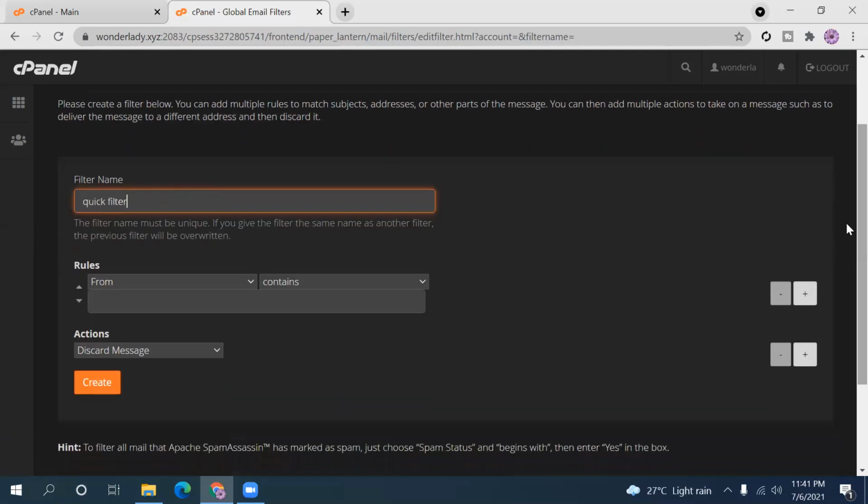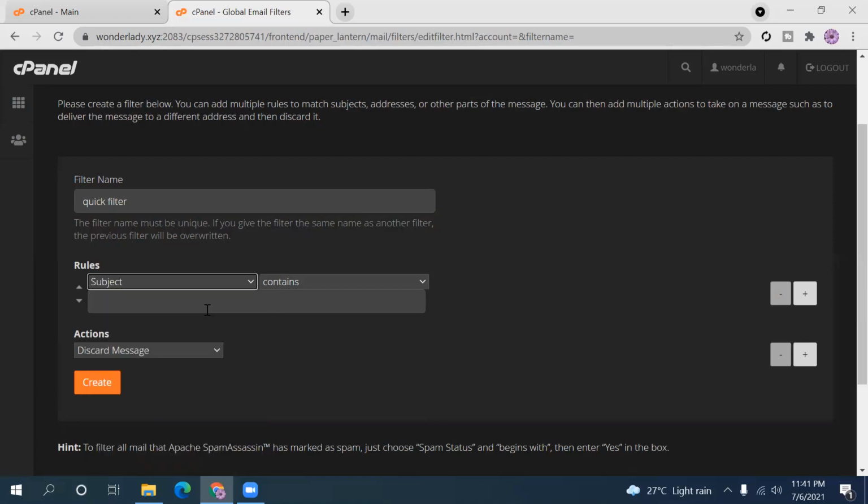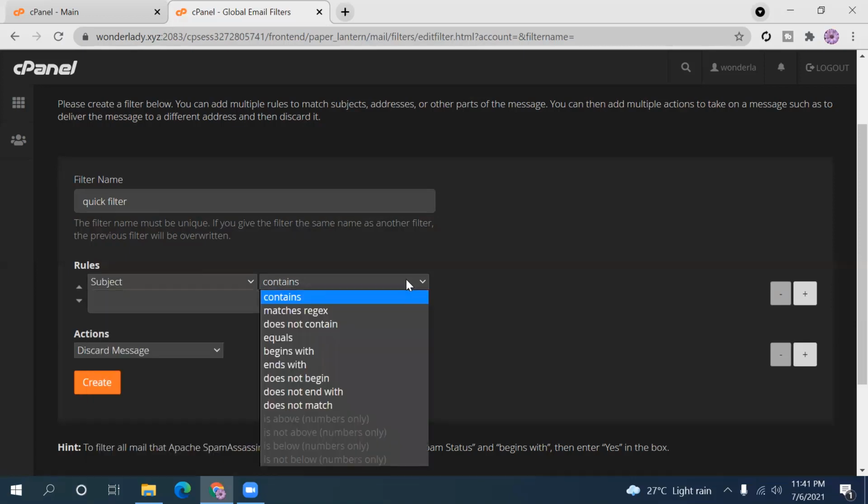And rules: from, subject, to, any recipient, reply, body, any header, has not been previously delivered, is an error message, list ID, spam status, spam bar, spam score. I'm just making a quick filter for the subject. I want to search a subject and